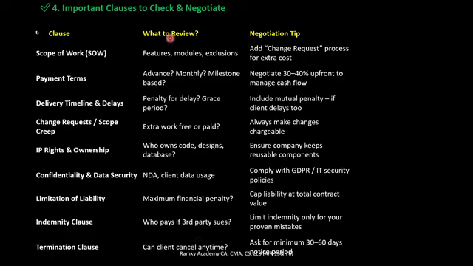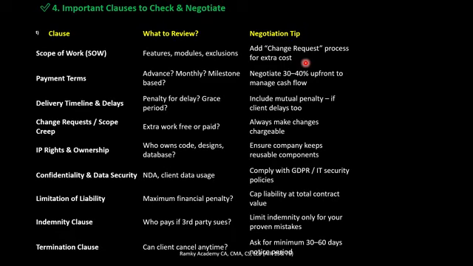The important clause here is scope of work. Any SOW starts with the scope of work and features, modules, and exclusions. The tip for negotiation here is to add the change request process for extra cost for out-of-scope activities. Sometimes what will happen, the customer comes back to you and asks you to deliver services which are not defined in the scope, that is an extra charge to the supplier. In those cases, unless we clearly define the scope, we need to face the problem.